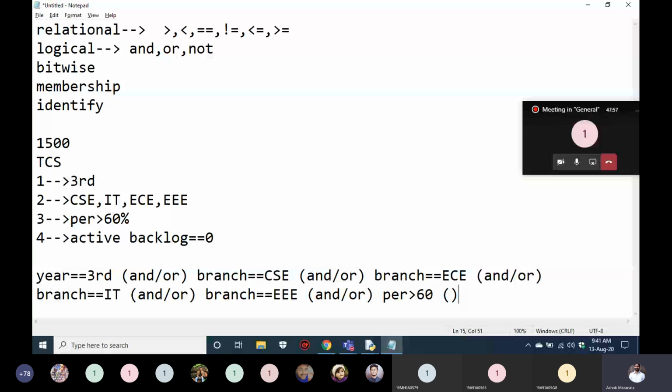Again, you should use one of the operators, right? Next, backlogs.